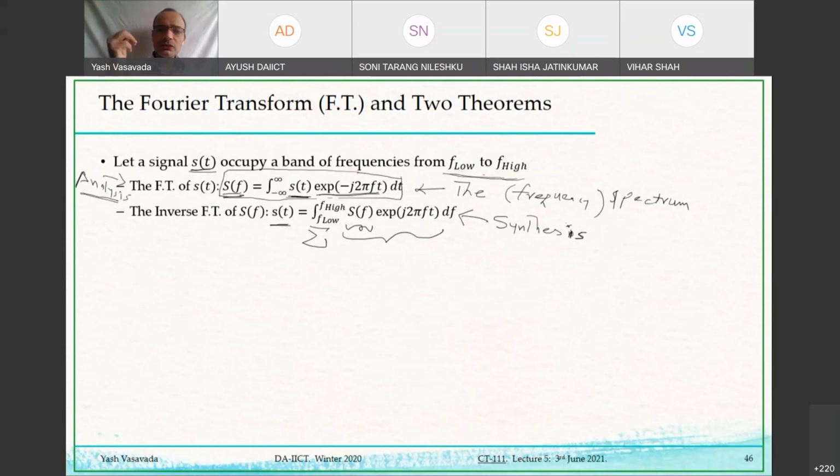So for a female voice, this S of F is pretty low at low values of F. But as you make F a little larger, S of F becomes stronger. Whereas in the male voice, it is the opposite. S of F is stronger for the low frequency waves, and as you make frequency larger, this S of F becomes smaller, meaning that the male voice is mainly made up of low frequencies, male voice is synthesized